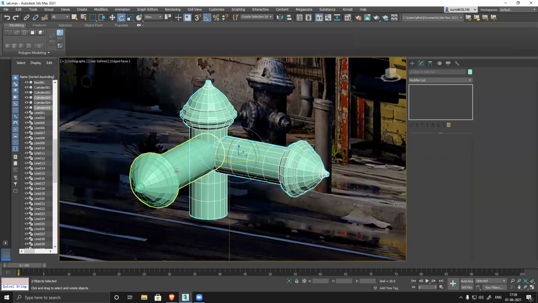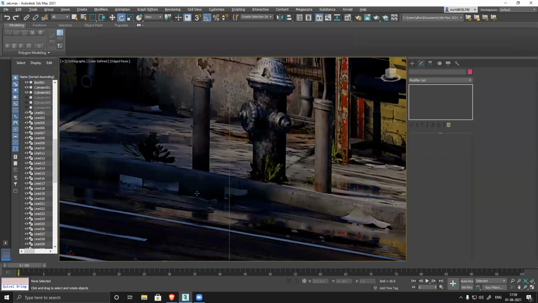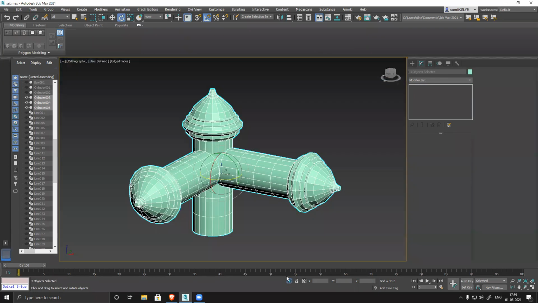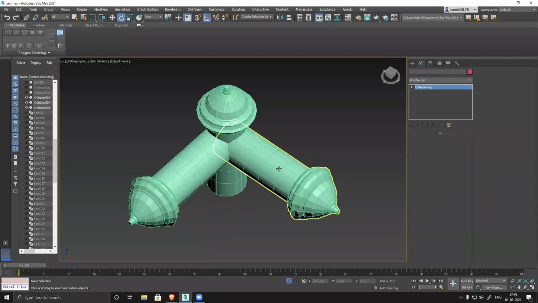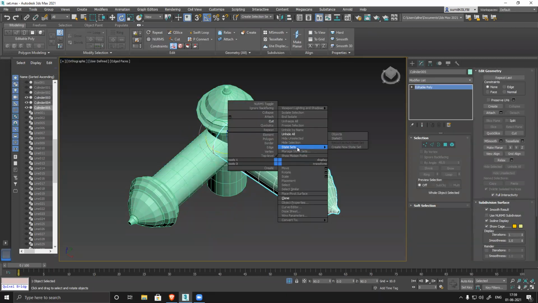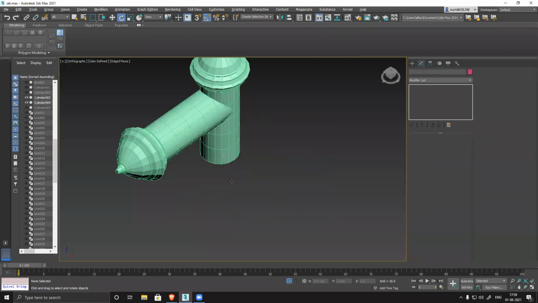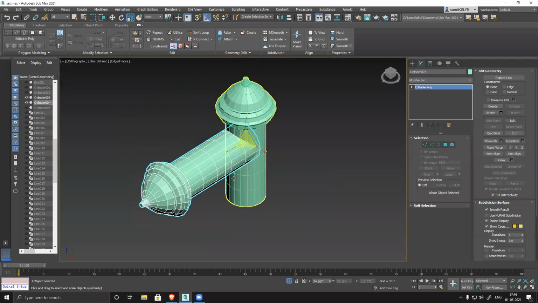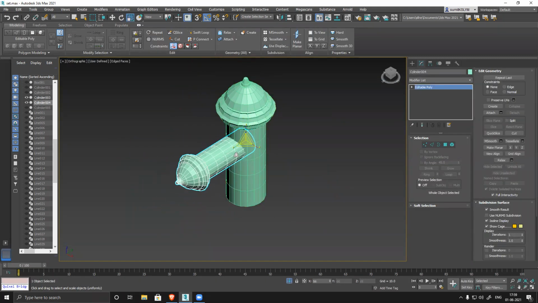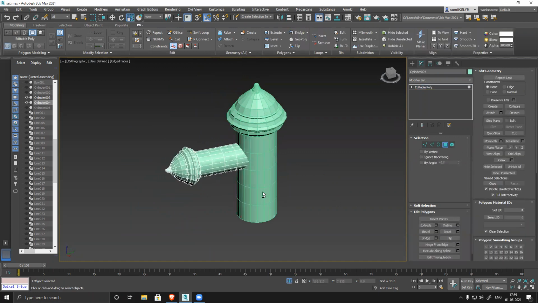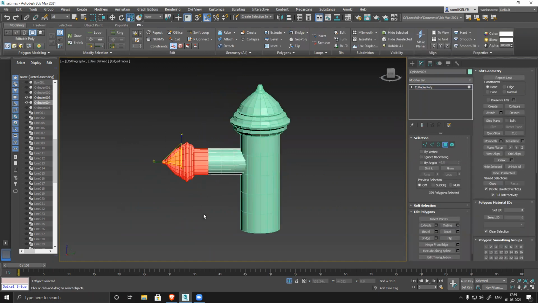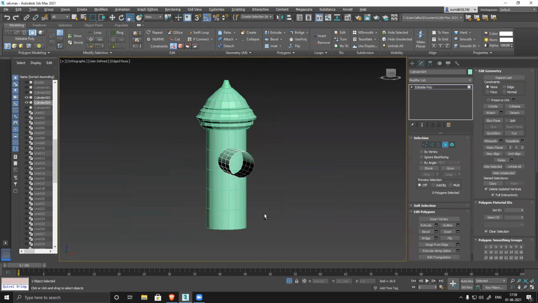Let's see. Okay, isolate. Now hide the one. Hide selected first, this one. Select all of them. Delete it.